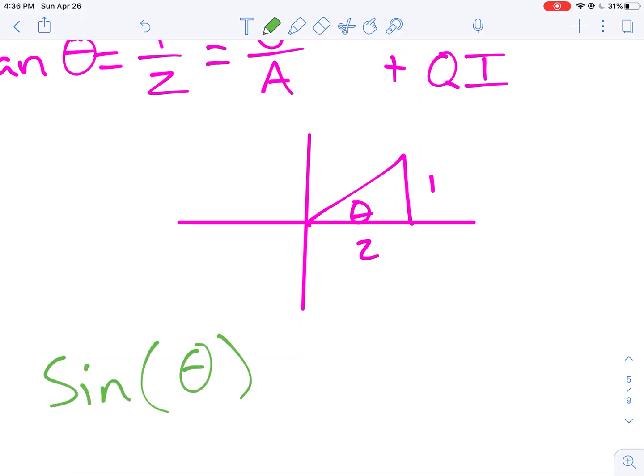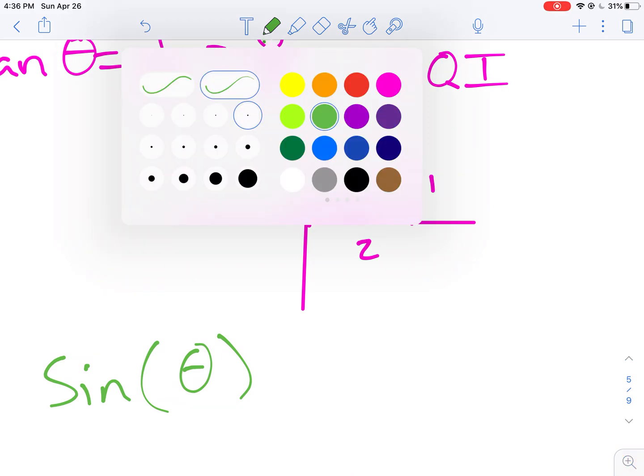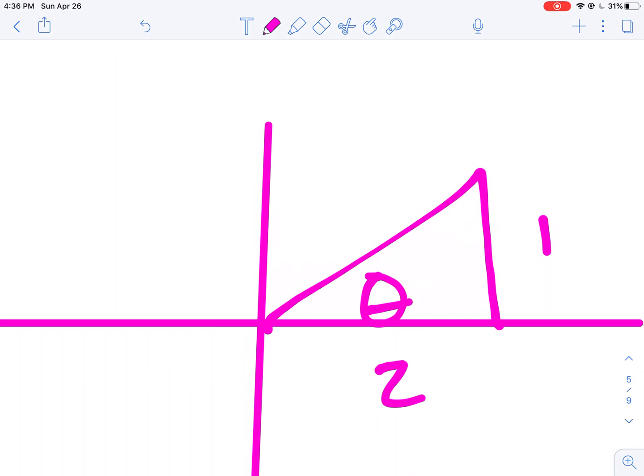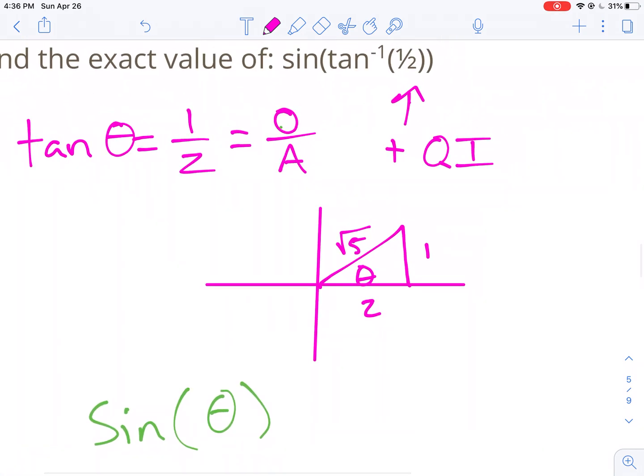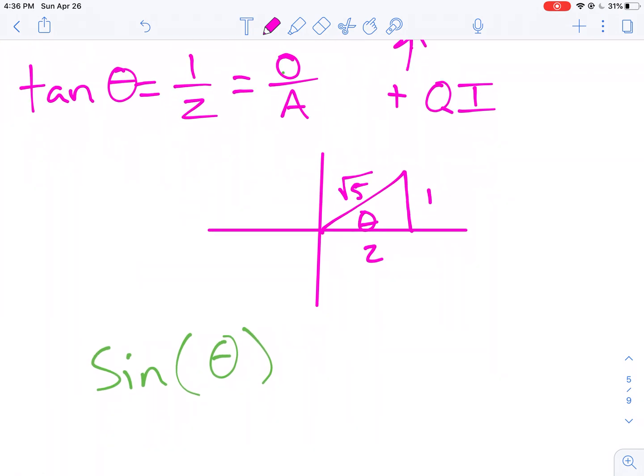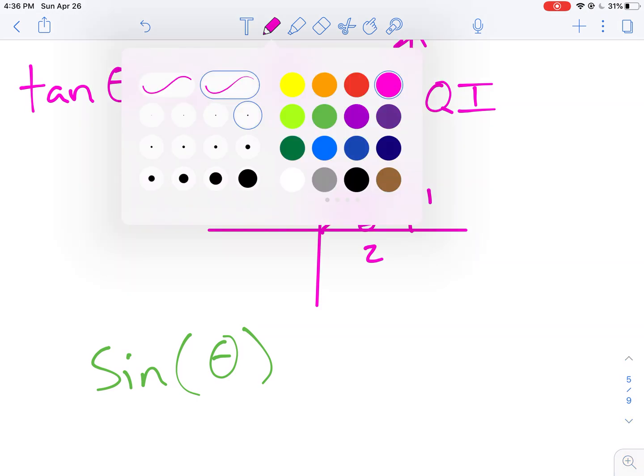Well, I don't need to know what this exact theta is. We've already done something with 1 and 2, so you can look at the previous slide to figure out how I get here. My hypotenuse is the square root of 5. And now that I know what my tangent is, I know my opposite, I know my adjacent side, and I know my hypotenuse, and it's telling me to figure out what the sine of whatever theta this is. Oh, well, I know that the sine of this is just going to end up being